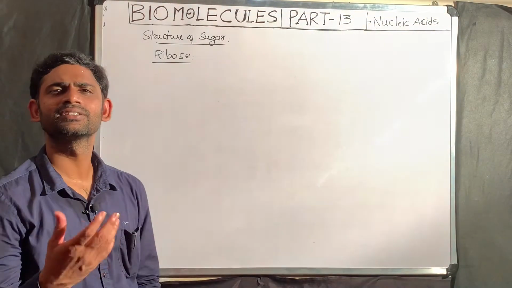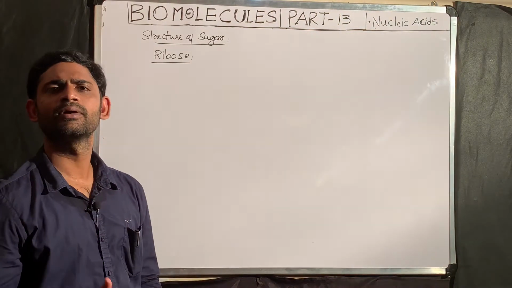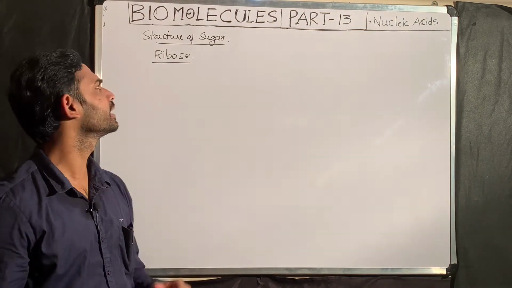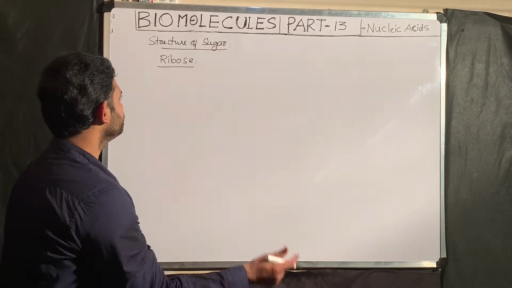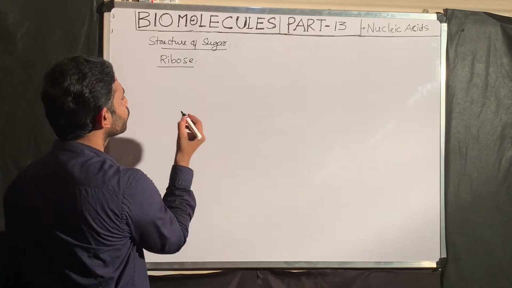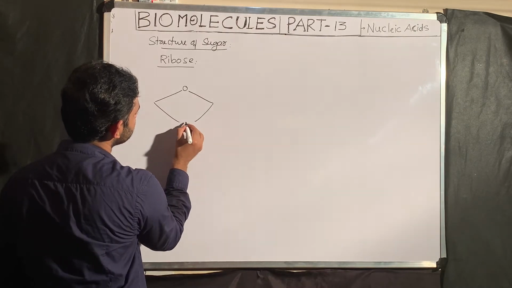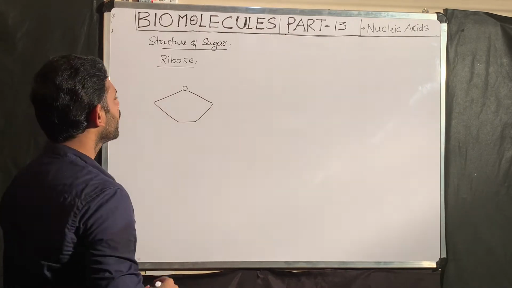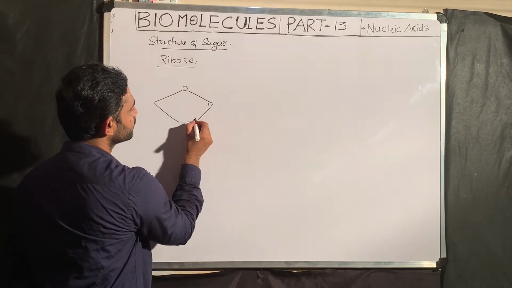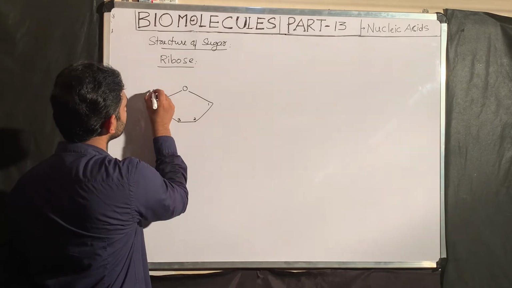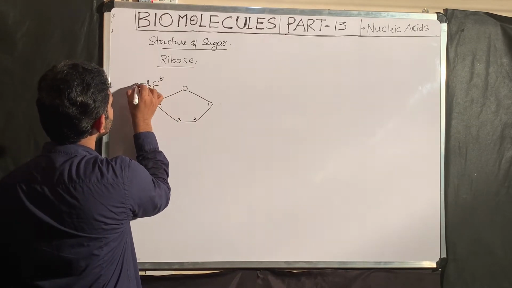After the different structures of the nitrogen bases, now I am going to tell about the structure of sugar. What is the sugar in the case of RNA? That is the ribose sugar. Now directly I will explain this ribose sugar. I am going to write the furanose form. These pyranose and furanose structures I will explain in the carbohydrates. Now in this furanose form, ribose is the pentose sugar. This is the first carbon, second carbon, third, fourth. This is the fifth carbon. Fifth carbon is fixed, that is a CH2OH.